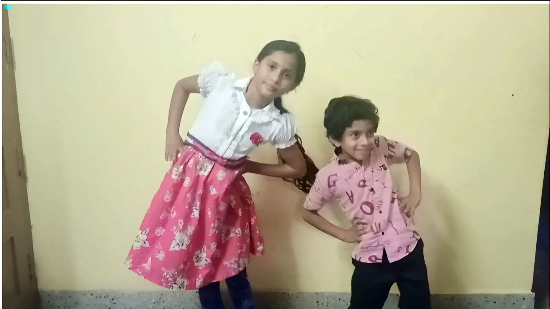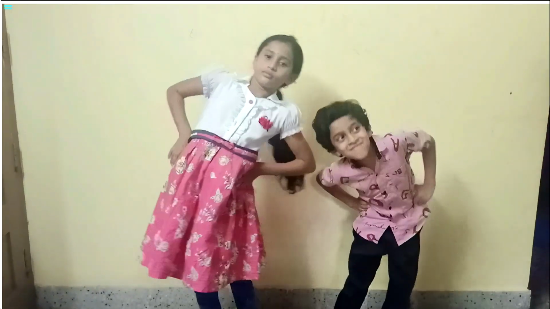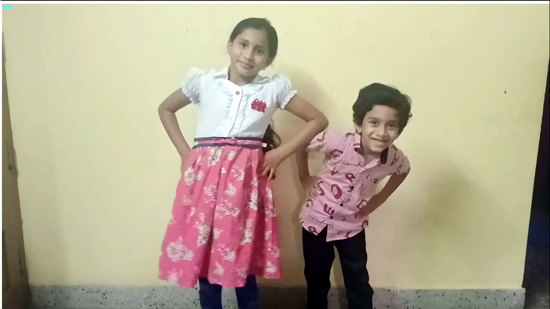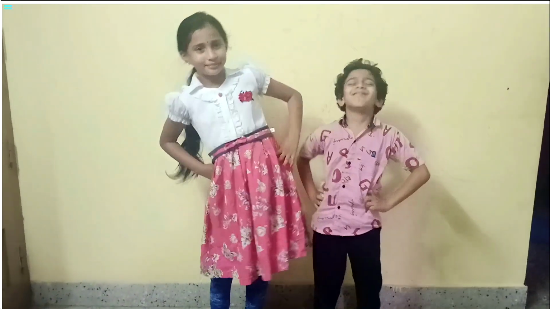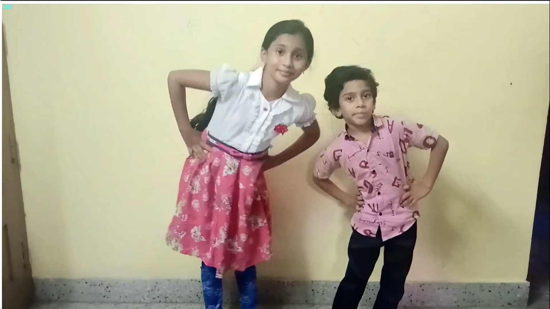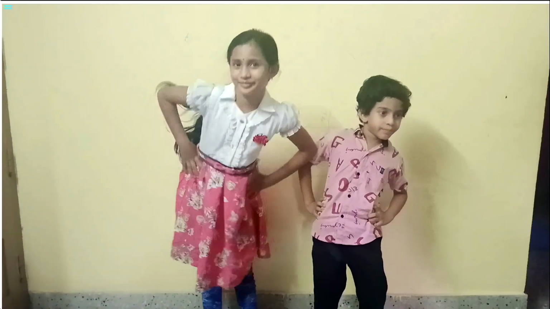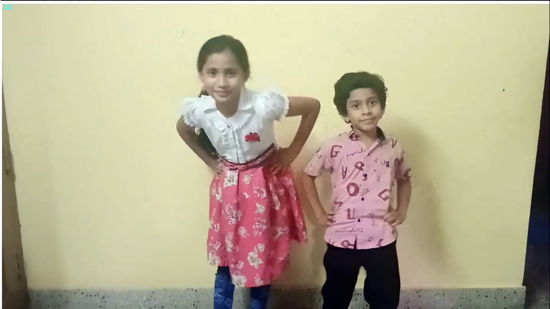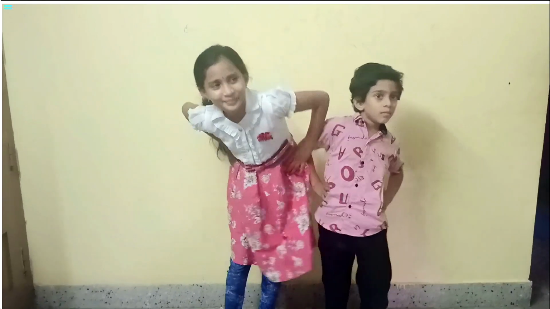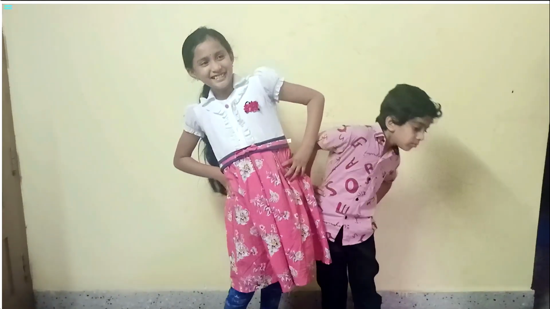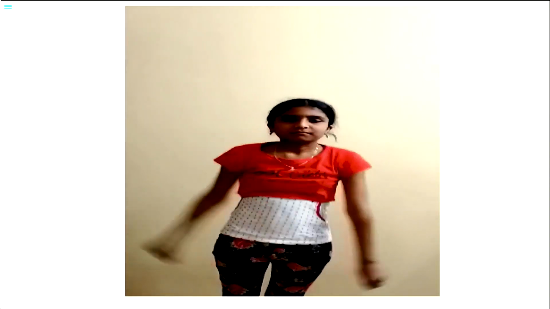So see once again what they are doing. They are moving the hip joint, isn't it? The hip bone is moving here. That's called the hip joint working. Okay, so to and fro motions can be done here. Okay, here see once again, she is moving her hands. She is rotating. So how is she able to do all this?